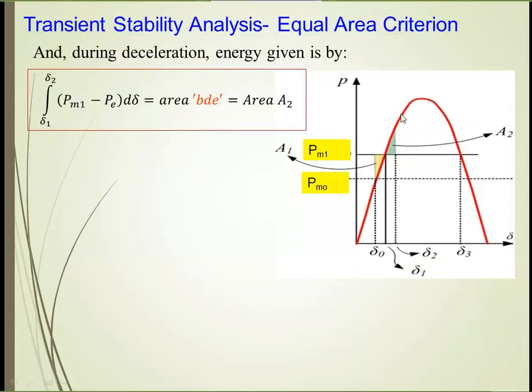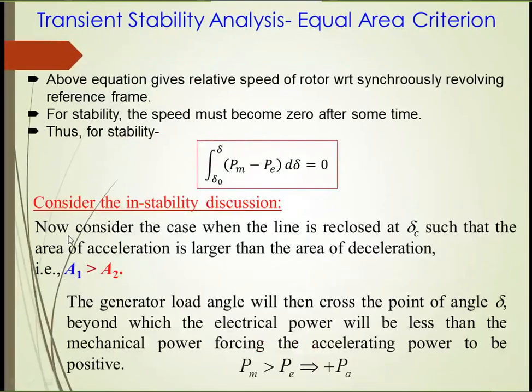And that means whatever energy was stored during the acceleration is always more than the deceleration part here. And as such, again the system will lose synchronism, and it will again be unstable here. We will discuss more in detail later on this part. So it is important that, now, we have considered the instability example. So I'll skip this part here, we'll discuss more here,